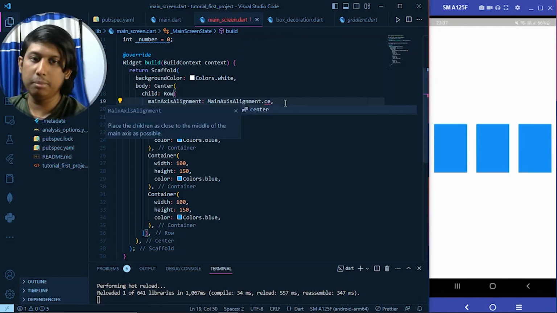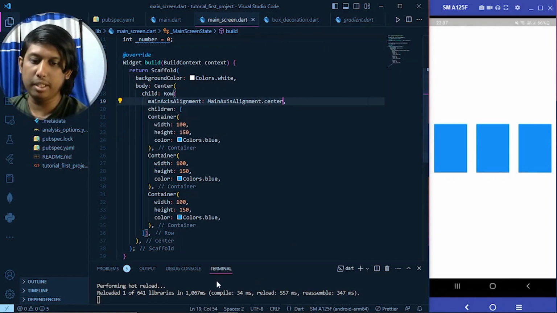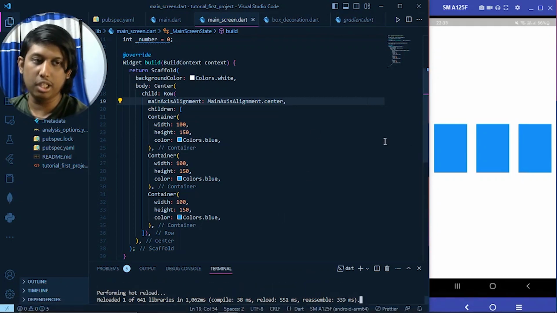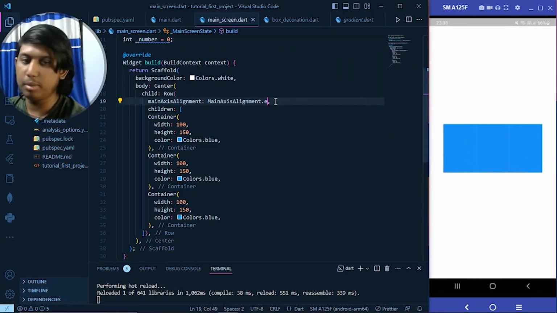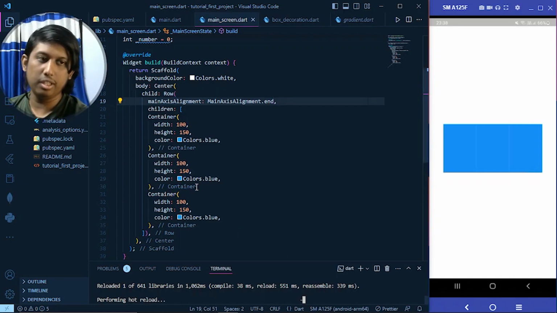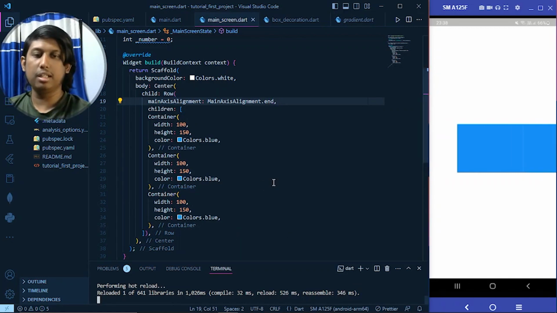Beside that, there is a property MainAxisAlignment.center. That actually keeps the things at the center of the screen. So the 3 blocks are now at the center of the screen. After that, there is a property MainAxisAlignment.end. So if I hot reload it here, you can see the elements are arranged at the right of the screen